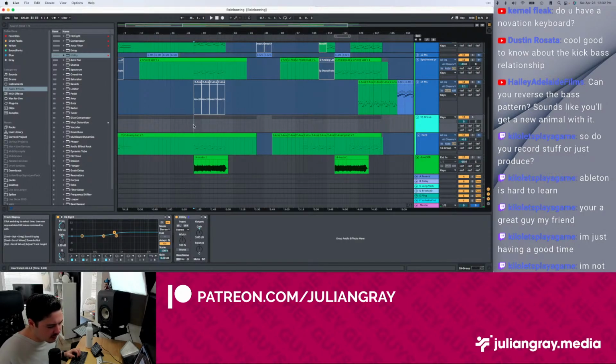Do you have a Novation keyboard? I actually use an M Audio keyboard. You don't see it very much because I have it on a key stand under here. I use it from time to time if I'm writing. I don't generally pull it out for general production stuff. I more pull it out if I'm trying to do a piano-centric writing session. Yeah, I don't have a Novation keyboard. I used to. I just didn't find I needed it. Now I use the Ableton Push here, and I use a keyboard.